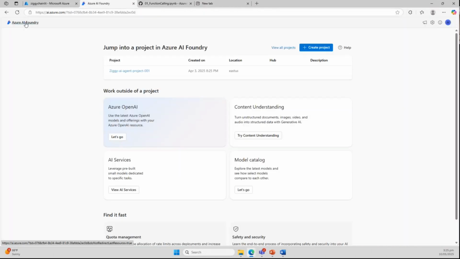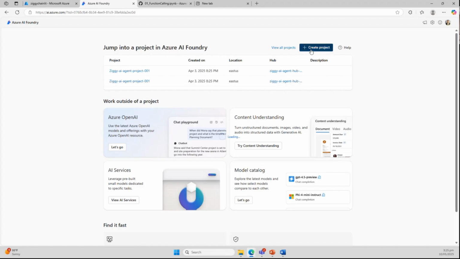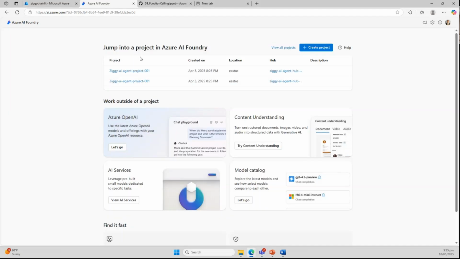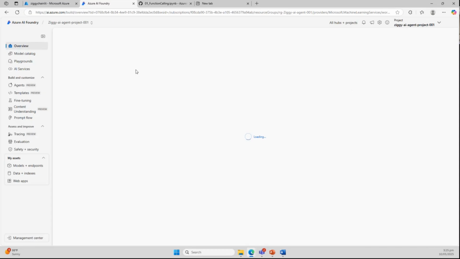So this is what it will look like, in which you need to create a project. I'll not demonstrate how to create a project right now, but you just follow this process of setting up a project name, setting up a hub, and then click create. That's pretty much what it'll look like. And then from here, we'll actually have a project.